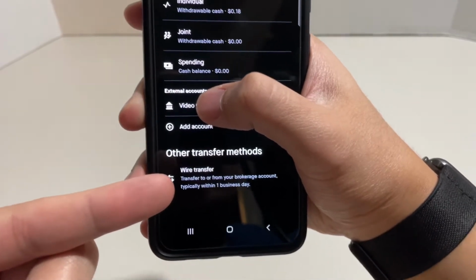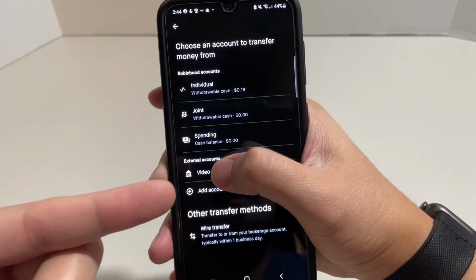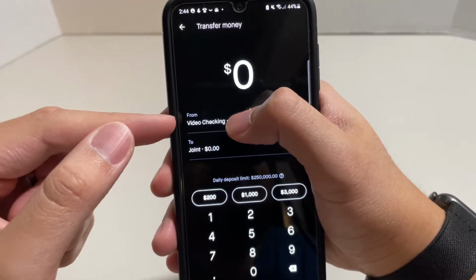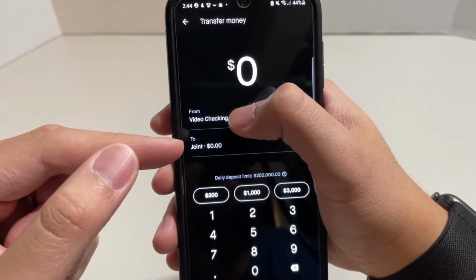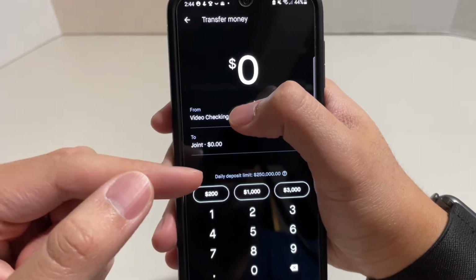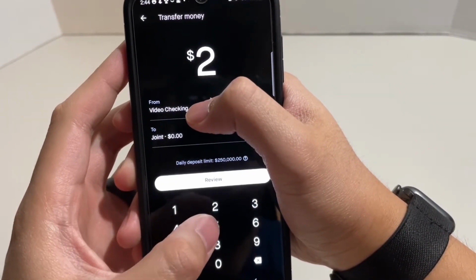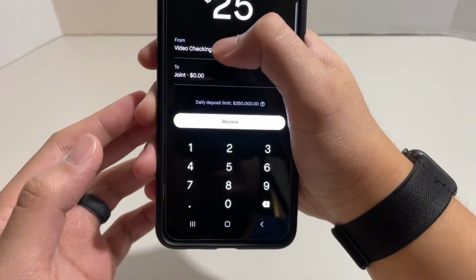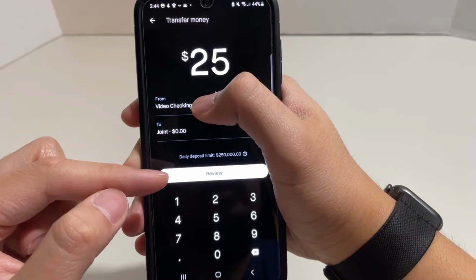Other transfer methods, you can see at the very bottom here a wire transfer, so click on whatever option applies best to you. But at this point I've already selected the account I want to withdraw money out of, and I wanted to deposit money into my joint Robinhood account. Okay, so now I'm going to select the amount of money I want to transfer over, so I'm going to transfer over $25. And right here there's a section that says review, so click on review, and then an additional